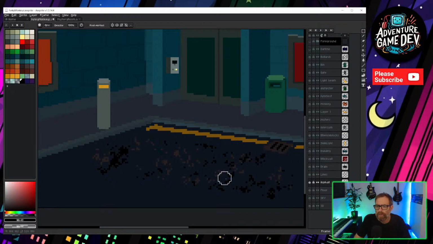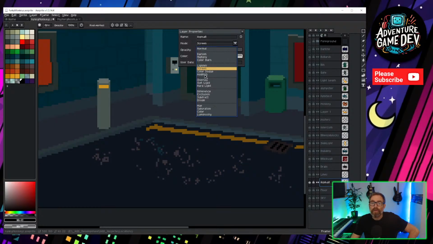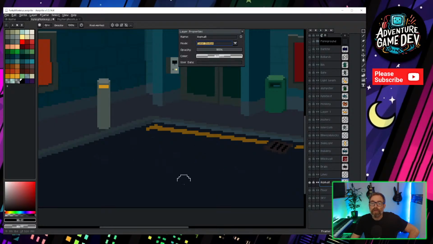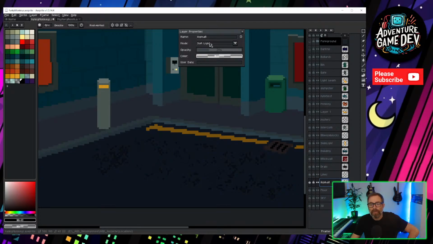I mean, obviously that looks absolutely terrible, but we can then just try some of the blend modes. Not that one. Just to add a little bit of soft light, like dial that back a bit.